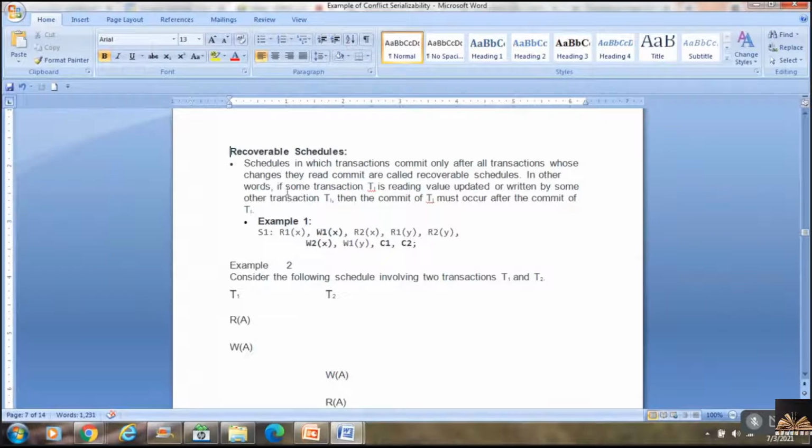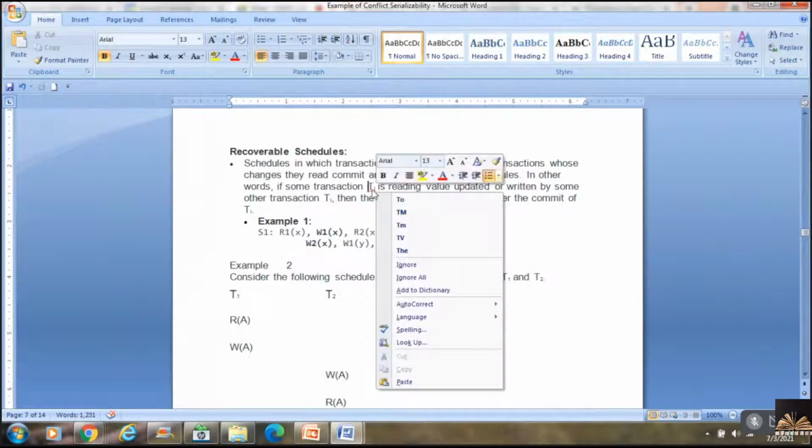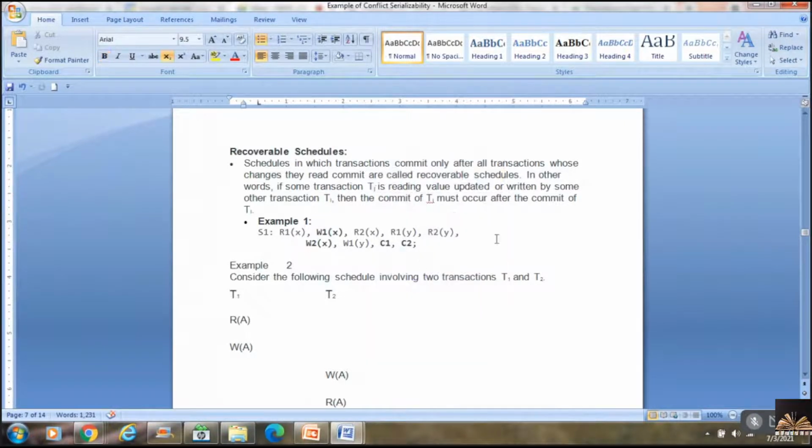So, in order to make it simple, if some transaction Tj is reading a value updated by a transaction Ti, then the commit of Tj must occur after the commit of Ti.